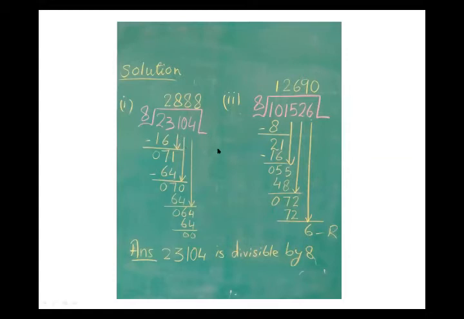We have a remainder 2, and then we pick 4, 24, and we know that 8 3s are 24. Then you know that the number 104 is divisible by 8. Then we say that the whole number 23104 is divisible by 8. And we are explaining all the method by using this division. So here you see that the remainder is 0. That's why we also say that the number 23104 is divisible by 8.